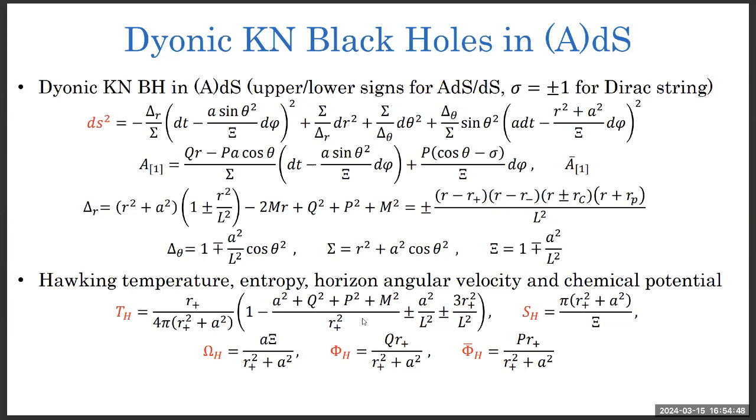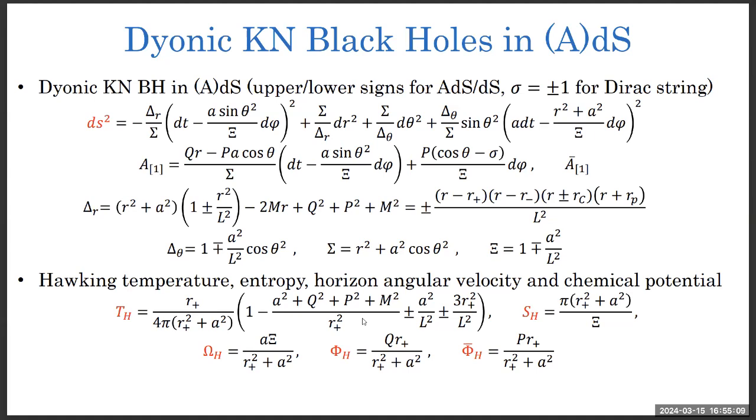R minus is the inner horizon or Cauchy horizon. R_C for de Sitter, actually that is the cosmological horizon, yes. Then R_P, just because it has 4 roots mathematically, but actually that is unphysical because R is